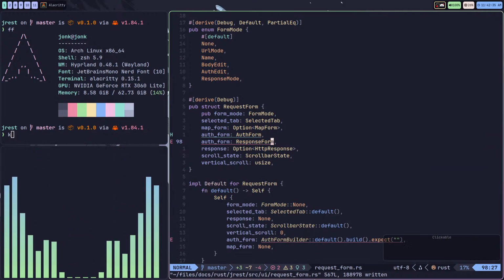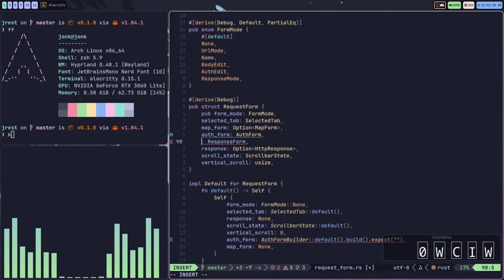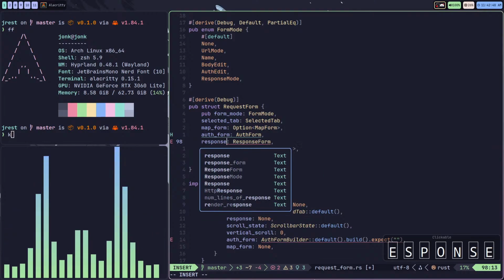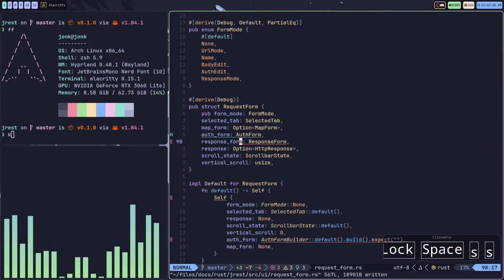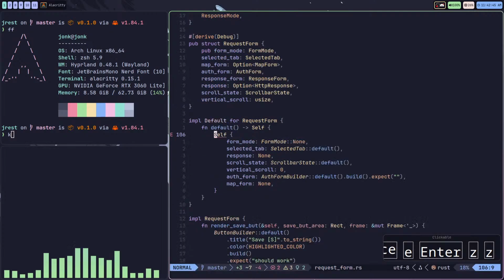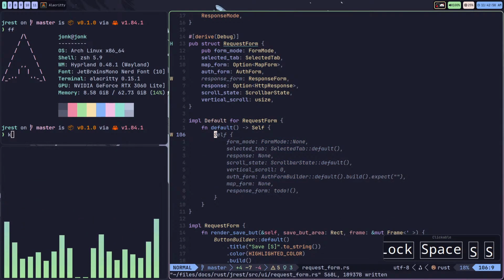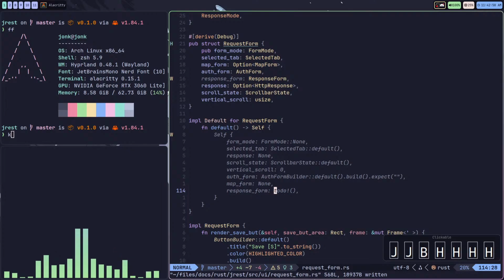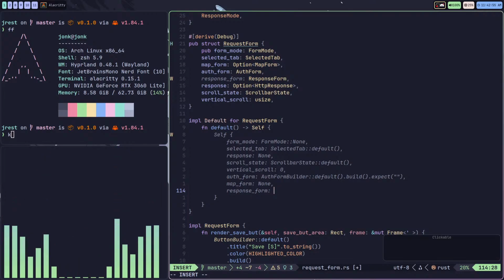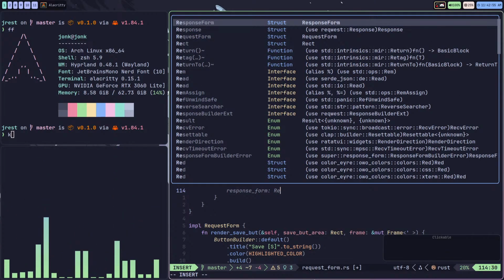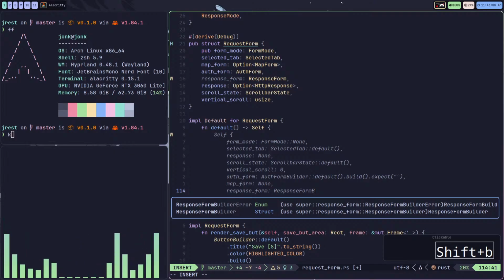Something like this. Oh, gotta change that. Response form. All right, and then as is tradition, it makes me do the thing down here. And then I can do it just like this with the form builder